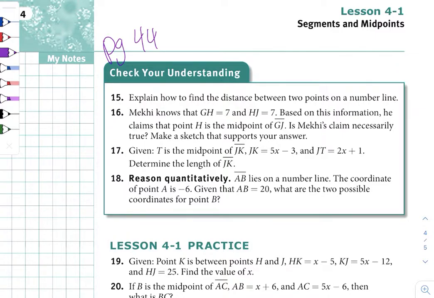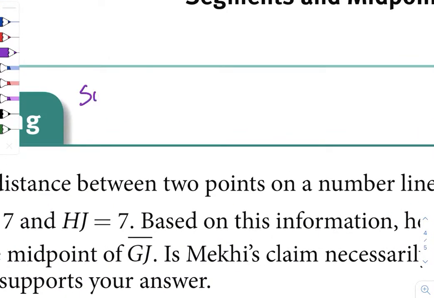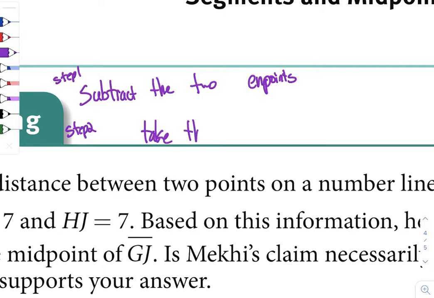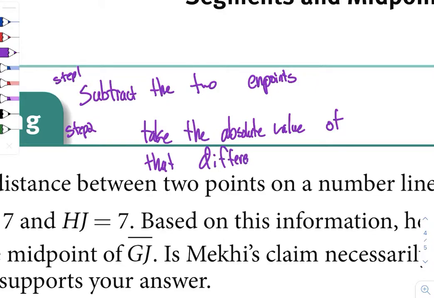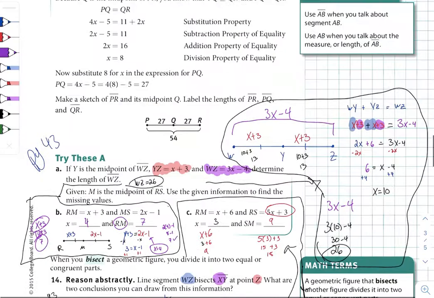15, explain how to find the distance between two points on a number line. So remember, you subtract the two endpoints. We'll call that step 1, subtract those two endpoints. Step 2, take the absolute value of that difference. So you subtract the two endpoints, whatever that difference is, you take the absolute value, and that was what we did